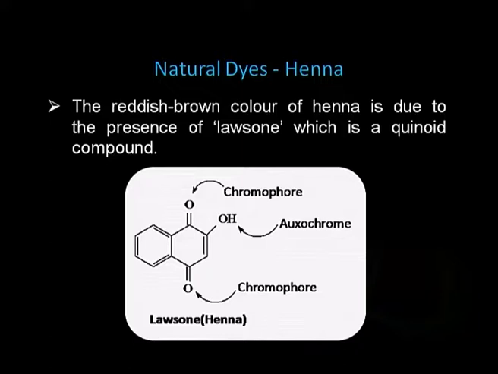The reddish brown color of henna is due to the presence of lawsone, which is a quinoid compound. Here you can see the structure of lawsone. In this molecule, there is a quinoid structure, and in addition to the quinoid structure, the molecule has a carbon-oxygen double bond, the chromophoric group, and it has an OH group also, which is an auxochrome,